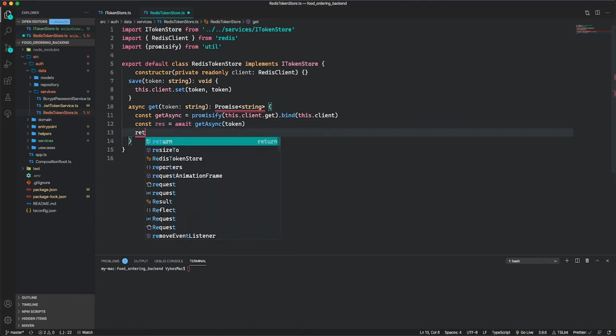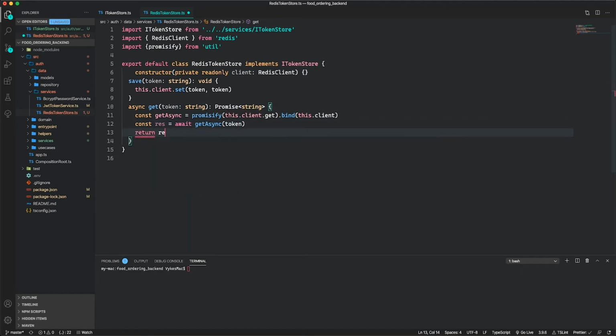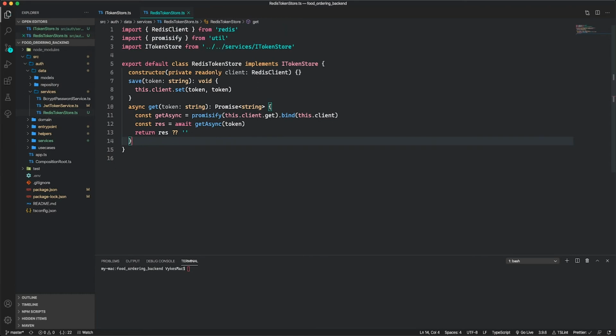Then I'll return the result or empty string, since there's a possibility that this method returns null. So if it is null, then I'll return empty string. So this is our Redis token store, and we'll just quickly create our sign up use case, sign out rather,